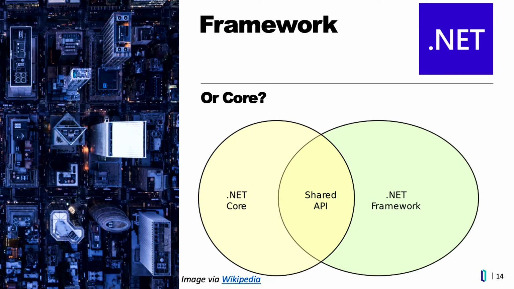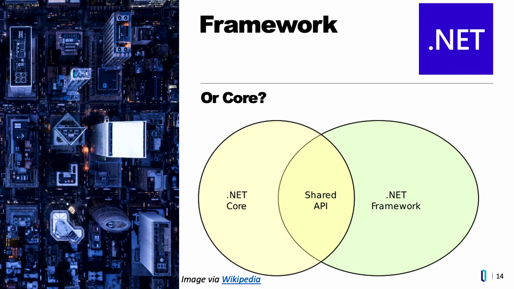So when you have requirements for working directly with Windows APIs for Office integration, these kinds of things, or you're going to Azure, then you need to target the .NET Framework. If you have requirements that you need to be lightweight, you need to run with containers, you want to use stuff like Xamarin and all of these things, then you're going to go for .NET Core. If you're building a library to support all your other projects that you're building, ideally you target .NET Standard, because then that can be used in both projects, .NET Framework and .NET Core.